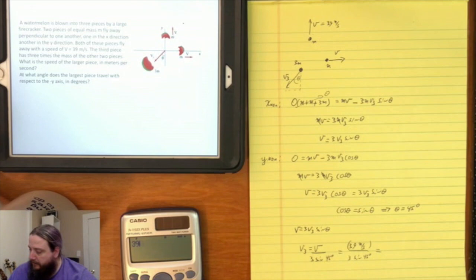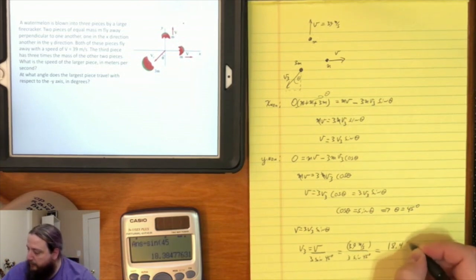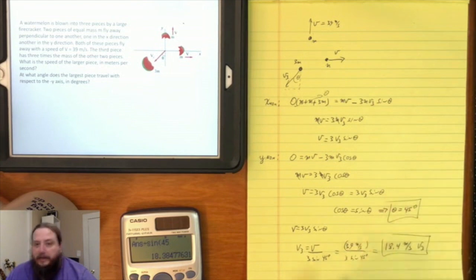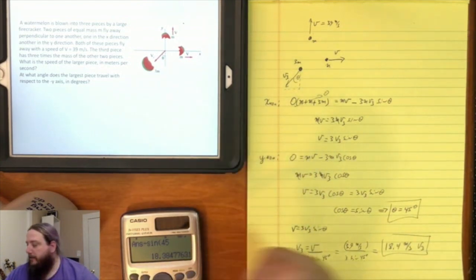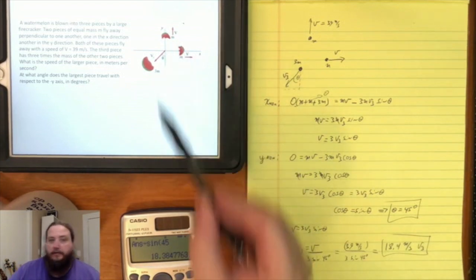So 39 divided by 3 divided by the sine of 45 is 18.4 meters per second, the speed of our larger chunk of watermelon, and it's moving off at a 45-degree angle from the other